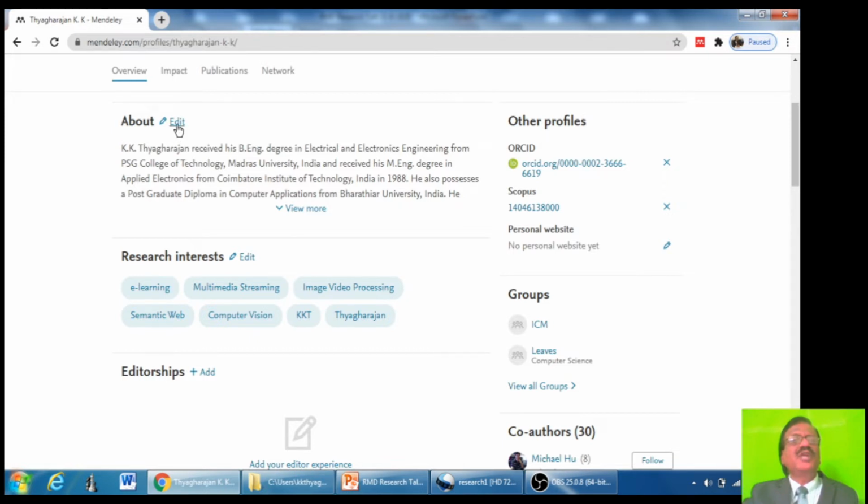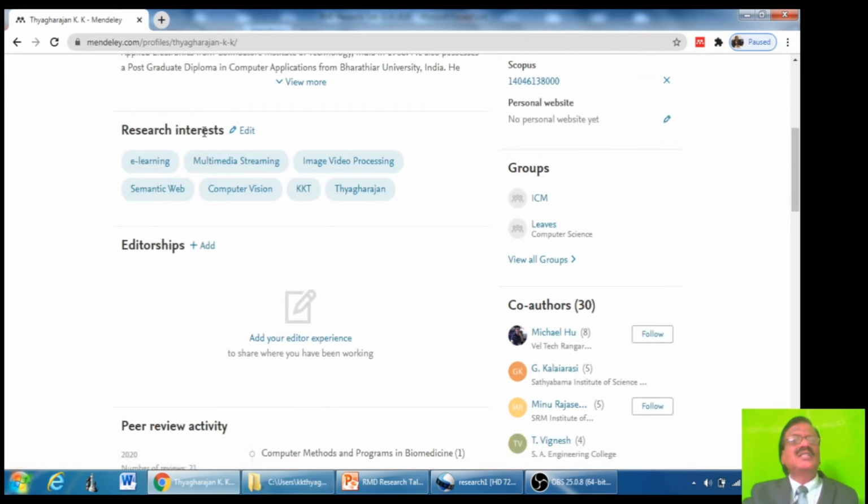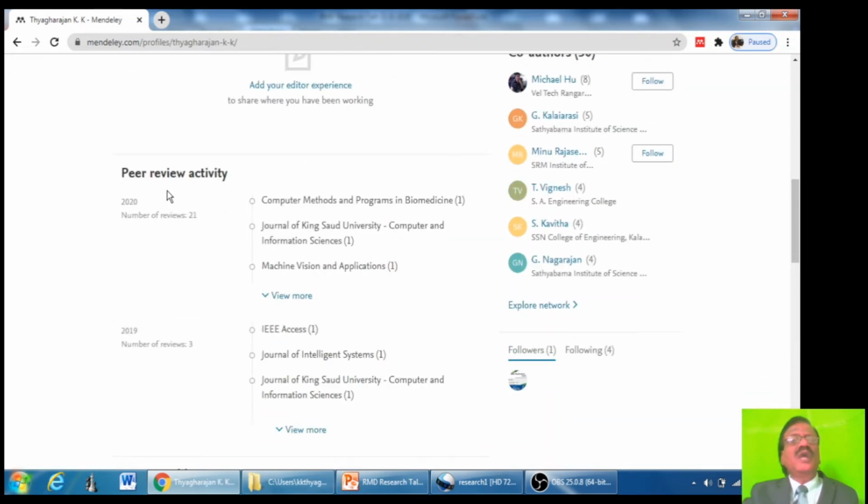Or if you want, you can give the details about you here. And your research interest you can provide here using this edit button. And if you are editor for any journal, and that can be added by using this add button. If you have peer-reviewed papers, and those details will be presented here.